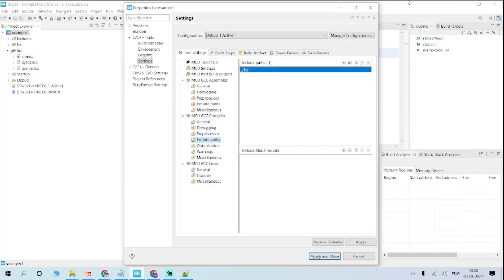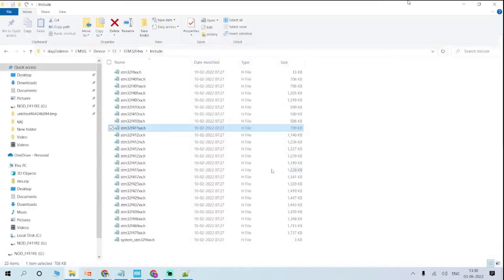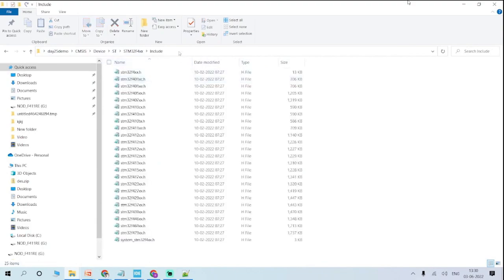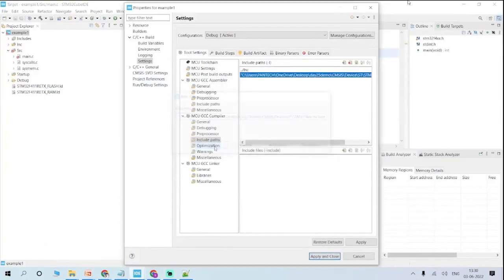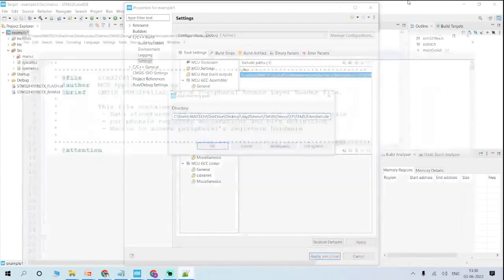Okay. In include paths, you click and you have to copy the input path. So I have stored the day 25 demo, okay, include. I just copy this path and I paste it here, click OK, click one more, and again you have to